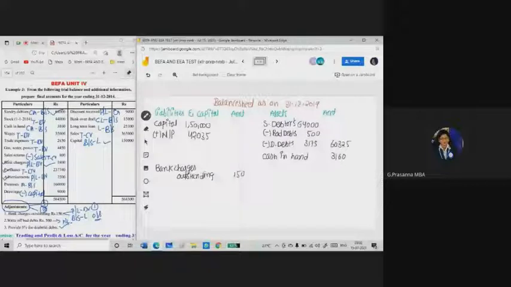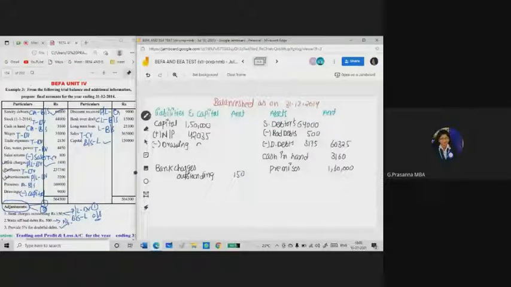Okay, now after bank charges, premises. Premises is an asset you need to show on the balance sheet asset side. What is the amount of premises here? 1,60,000. And he has given drawings. What you have to do with drawings is deduct them from the capital, because drawings means the owner has withdrawn a certain amount. Drawings are deducted from the capital. How much is it? 9,000.